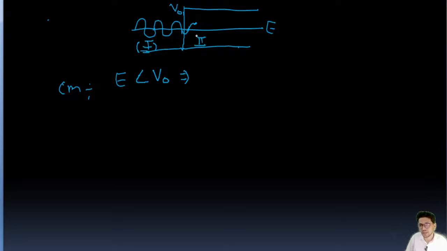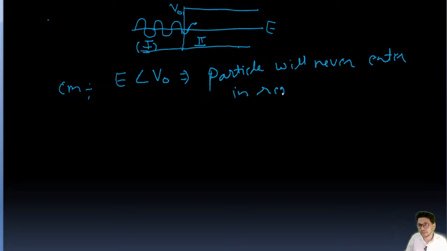Why? Because E is less than V naught. This is a potential barrier actually, a step potential. So according to classical mechanics, the particle will never enter the region second. But in quantum mechanics,